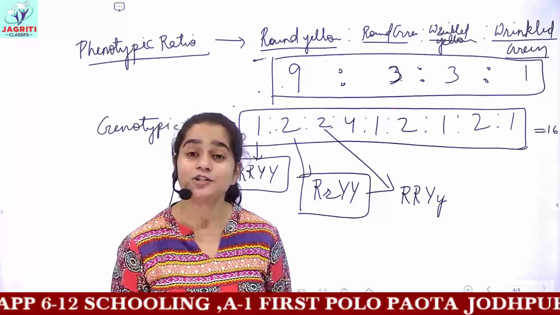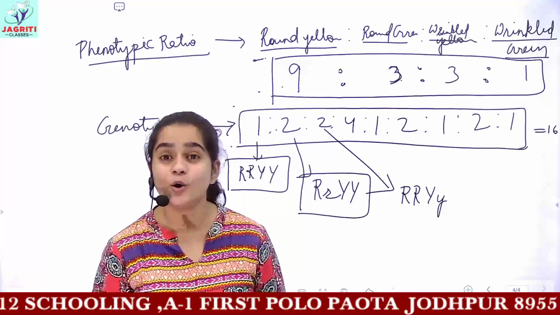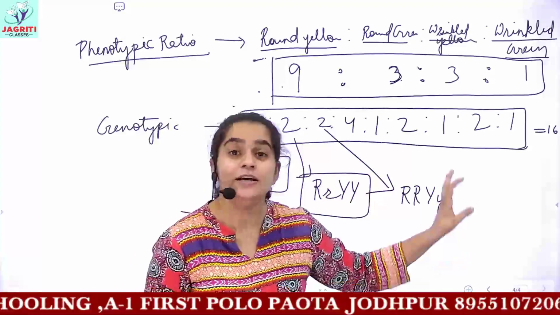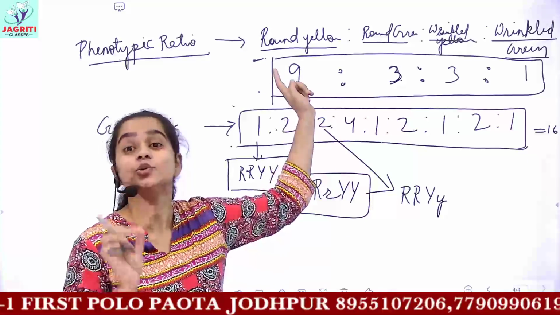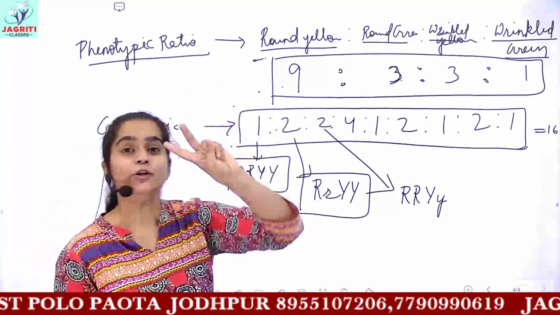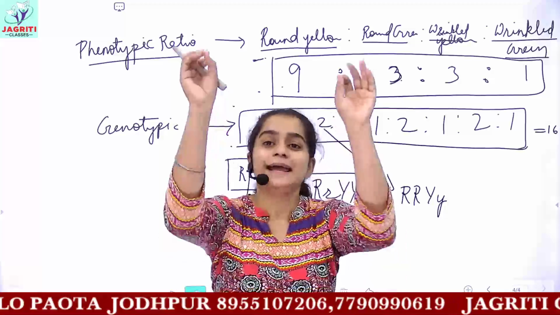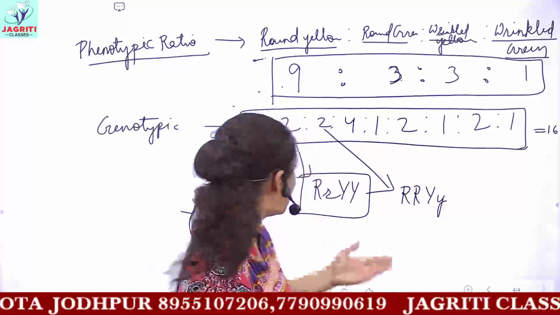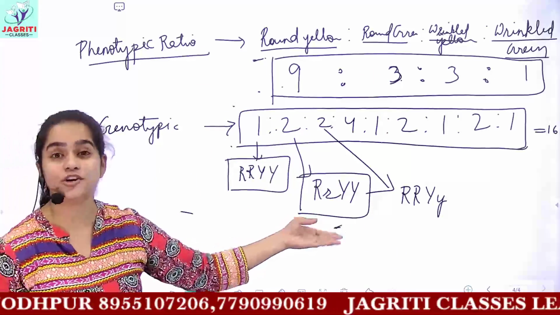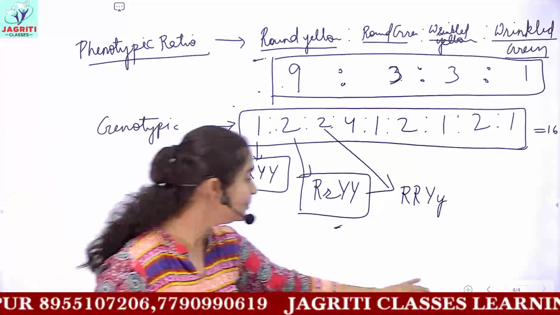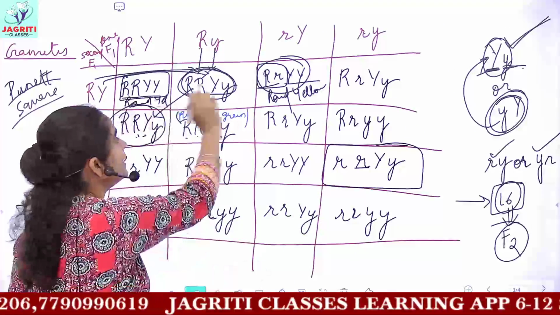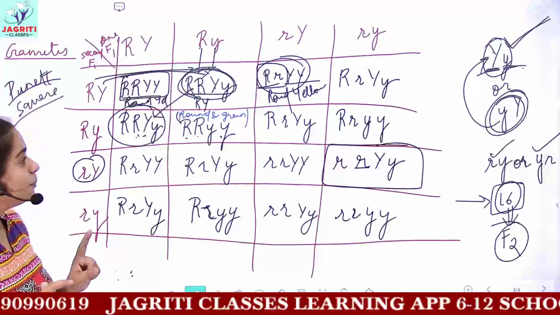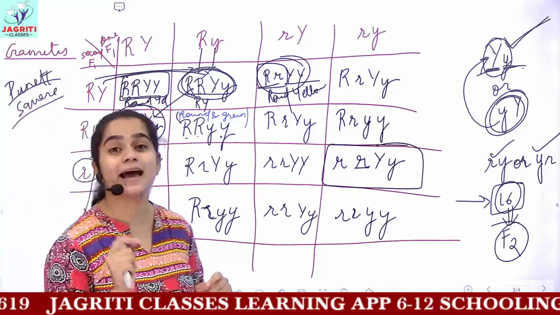I hope you understood. Now, as I gave you homework for monohybrid cross to perform the examples, you can also perform 1 to 2 questions. Take any 2 characters of the pea plant, take the parents, make the cross, and complete it till the F2 generation, okay? Then only you will be able to do this. Without practice, it is not possible that you will make the table in one go. So please do practice the monohybrid and dihybrid cross.